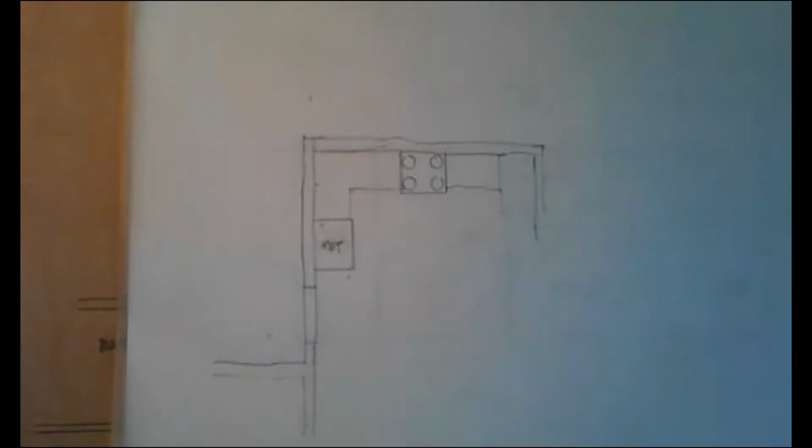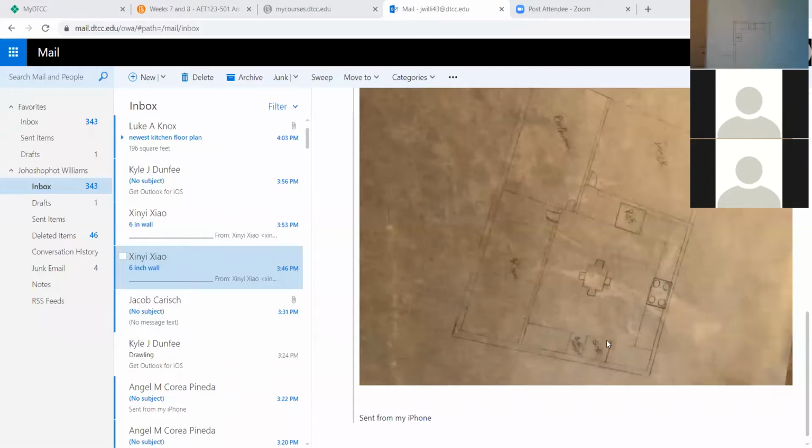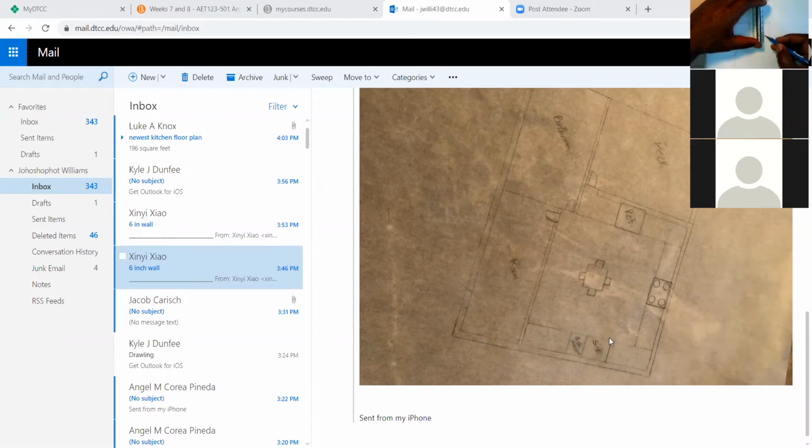And then turn the corner, and you have counter space, and you have your sink, okay? So if we went another 2 feet, that way,